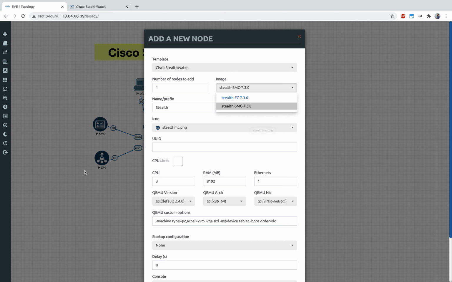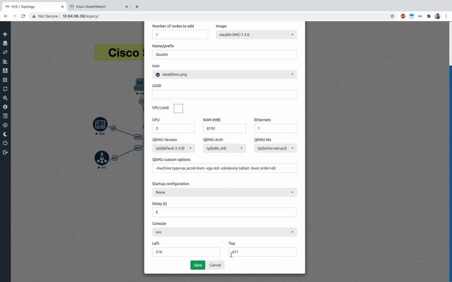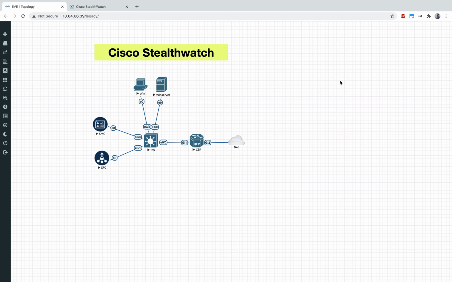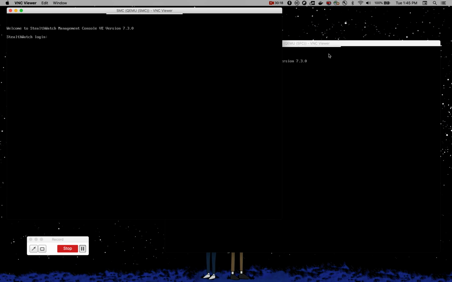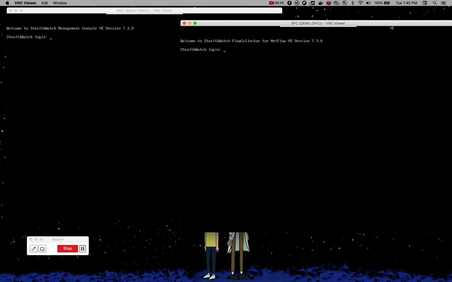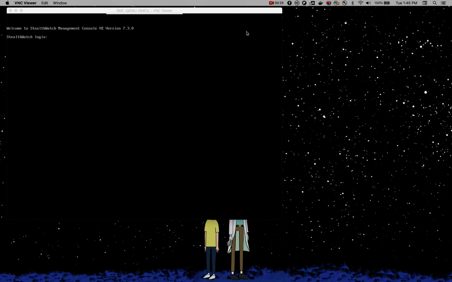I am really not using them in this lab, so I have not put them inside my Eve, but you can actually emulate all four devices, right? Anyway, this is how you can add a device. Make sure to connect it via VNC. Once you connect it to the VNC, you see I have 2 fresh out of the box